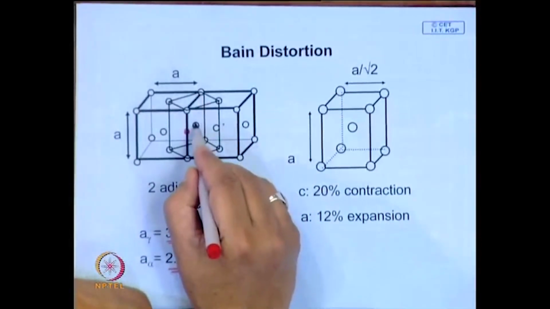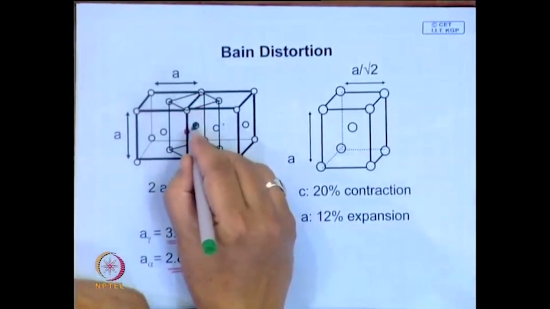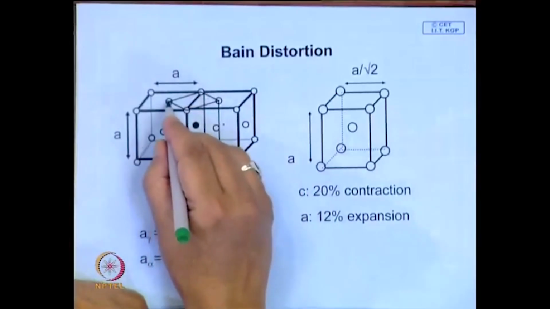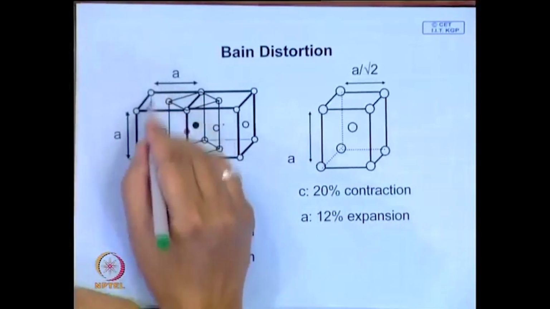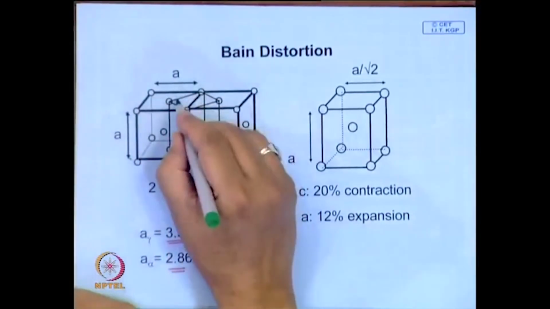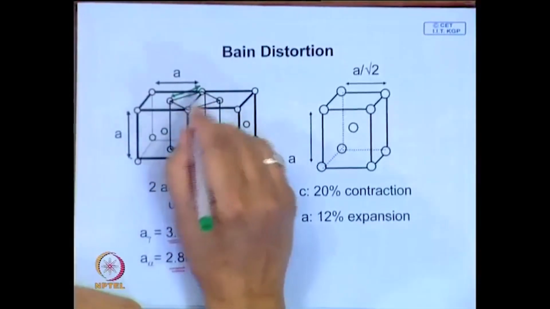Here you have a center atom, which is an iron atom. So, this is an iron atom at the center of this lattice, but this dimension, if you look, this dimension is A, whereas A is the lattice parameter of austenite,